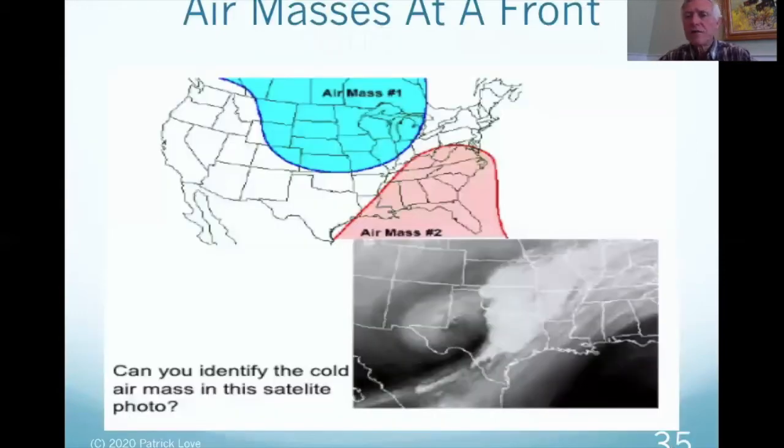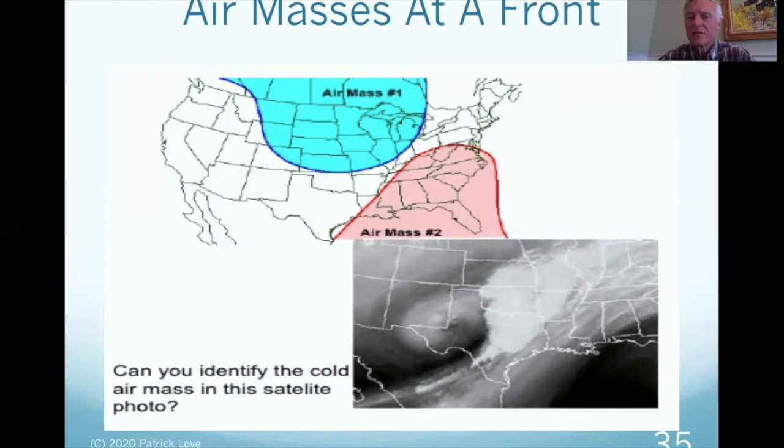When they run into each other, they form what's called a front. And you've probably heard, if you're watching the news or something, the weatherman will talk about cold fronts and warm fronts. Here is a case where, in this picture, an air mass number 2, which looks like it's probably a marine